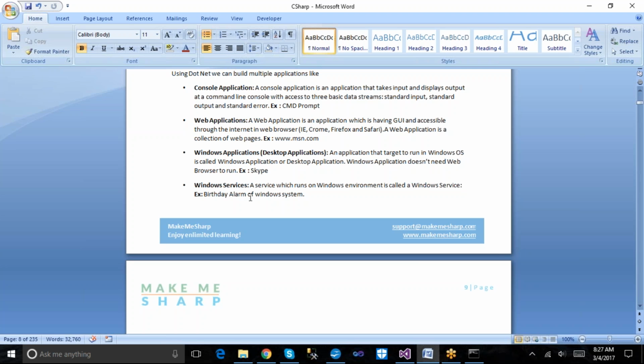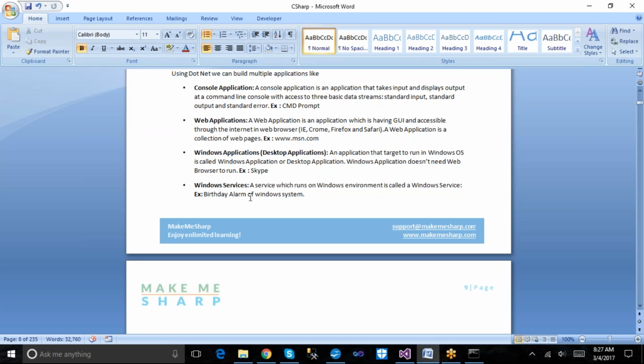Basically, we can take the example of a web server as IIS, Internet Information Services. Apache also has its own web server, where we have the Tomcat server and some other names also.